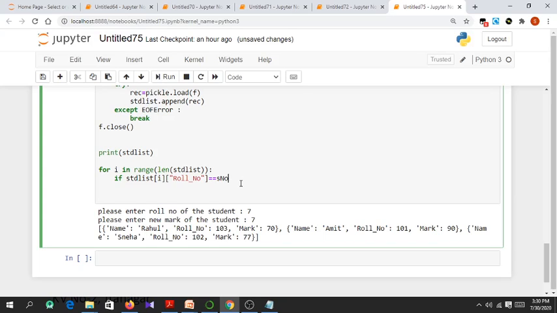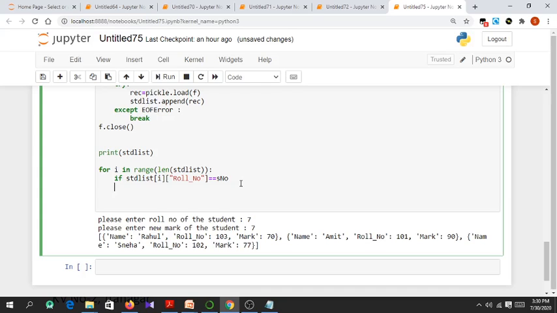If it is S number, then what will we do? Then we will change the mark of that particular student. Change the particular mark of that student to the new mark. I think it is MARK in capital. So we will change that to our new mark that we have taken from the user. Whenever we get a match of the roll number, then we will change it to new mark.